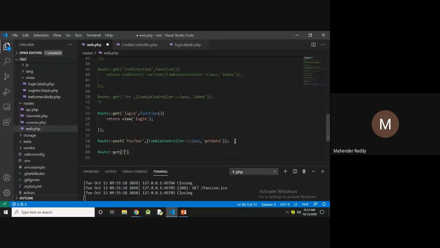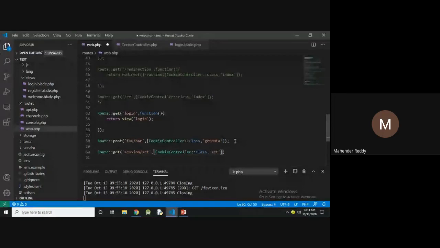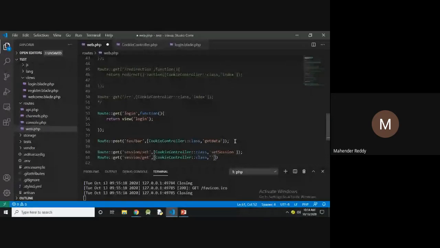Route::get session/set, CookieController::class, setSession. For setting up the session I'm using setSession. Then Route::get session/get, CookieController::class, getSession.